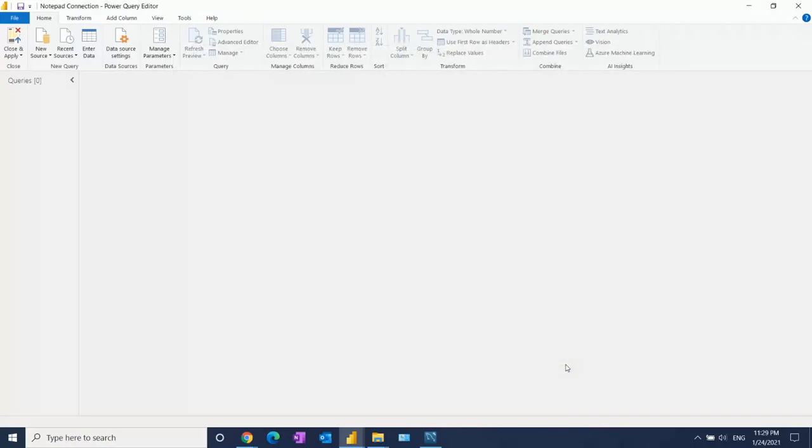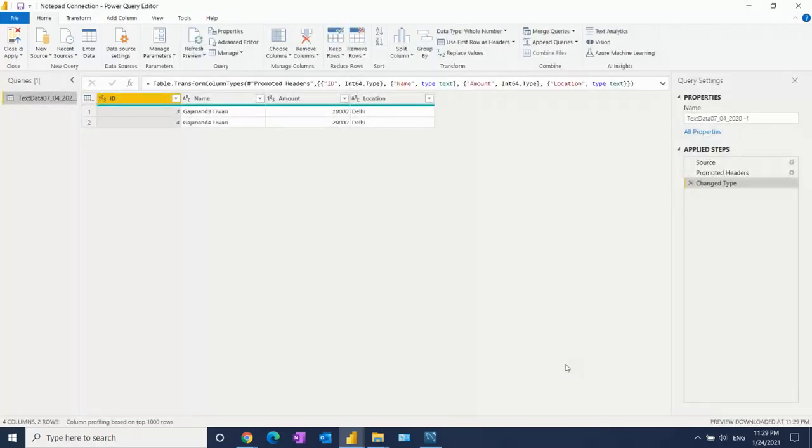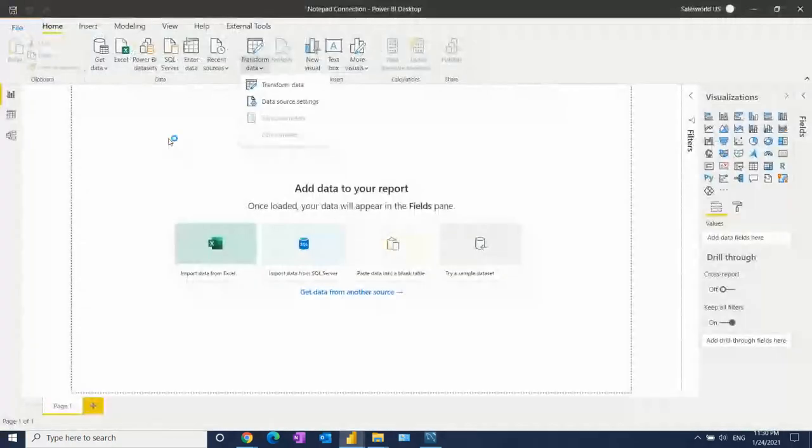you can view the data in Edit Query up to 1000 rows. Then after that you can give your dataset name. I'm going to give the dataset name as tax export data from tax file. Now the dataset name will be changed automatically once you click here and update the name. After that, close and apply. Now